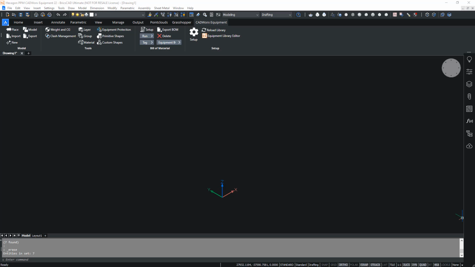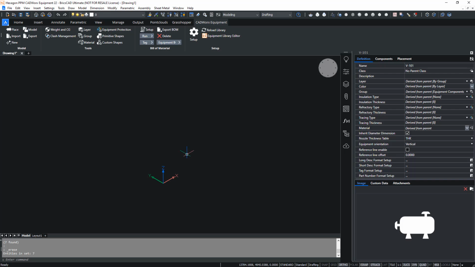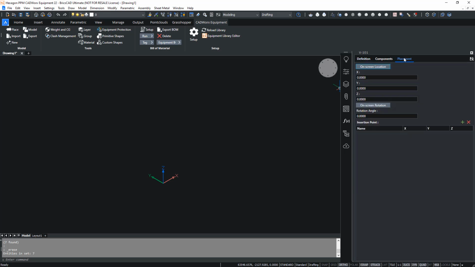Now we'll start by modelling the equipment in CADWorks Equipment. So I'm going to create a new item of equipment. This will be our vessel V101 in the CADWorks Equipment panel, and show that the orientation is vertical. And now I'll position using the placement tab